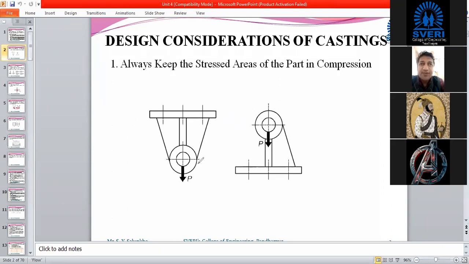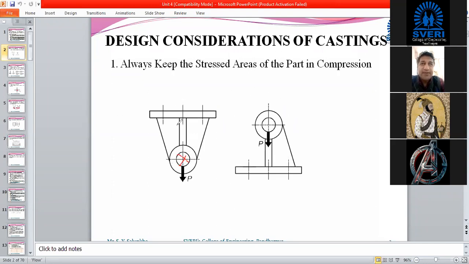Suppose your application is that a shaft is supported by this wedge or supporting device. Here we have a shaft rotating inside this hole. This is a bearing support, suppose, and the bearing is provided, and later the shaft is going to rotate.